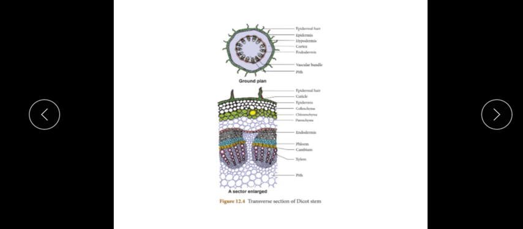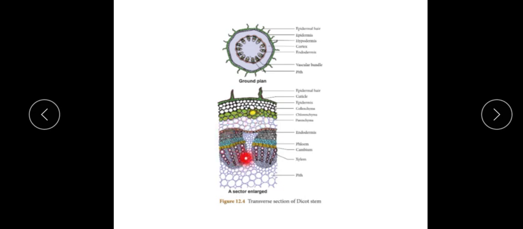Below this layer, you have the inner cortex layer, or you can say the parenchyma layer, similar to the root. These 3 layers totally constitute the cortex. The outermost layer is called the hypodermis. The middle layer is the middle cortex which comprises chlorenchyma, and the inner cortex layer is where gaseous exchange and storing of food material takes place. Below this, let's talk about the next layer.